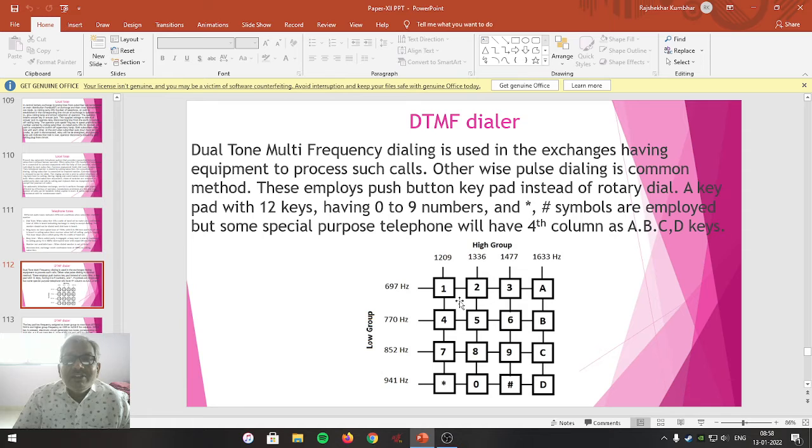What is a touch plate? Touch plate is a carbon coated material which is used to bring the connection between the electronic circuitry and the number which we are going to press. Such a keypad